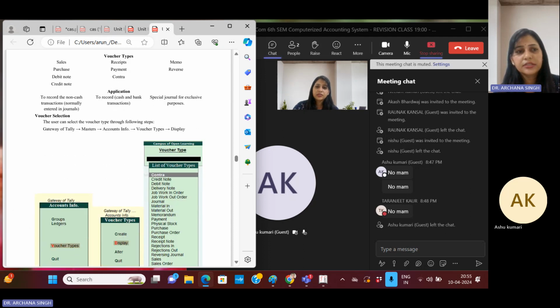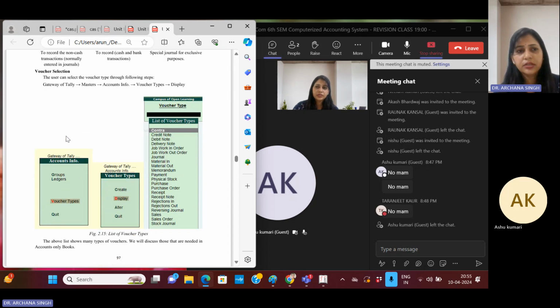Okay, so now voucher selection, how you can select a voucher. In the Gateway of Tally, you have to select voucher type. Then this will appear where you can select the display option. If you want to create a new one, then you have to select the option create. And if you want to change something appearing in this list, then you have to select the option alter, and you can change the information there, and then you have to save it and it will appear in this